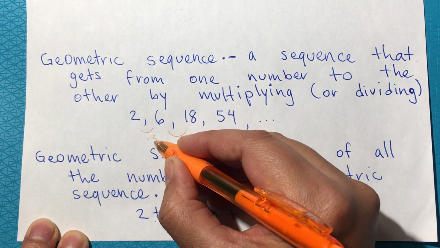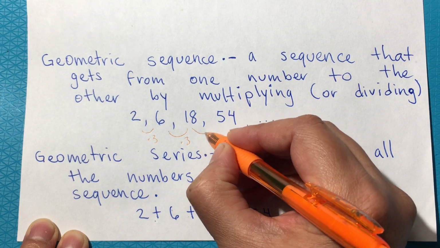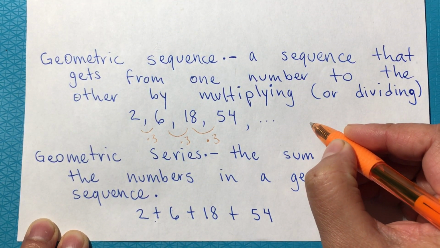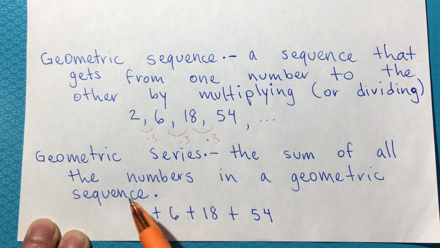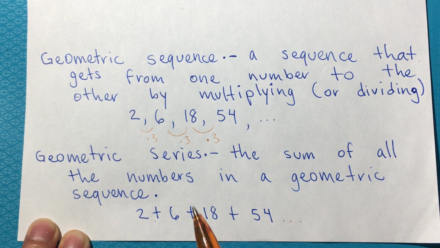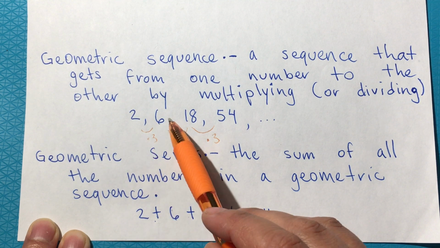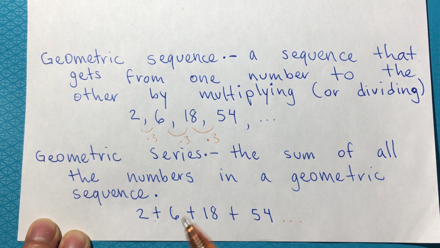times. So 2 times 3 is 6. 6 times 3 is 18. 18 times 3 is 54. And so on. But geometric series is the sum of all the numbers in a geometric sequence. And if you notice in here, these are the same numbers, but in here is just separated by a comma